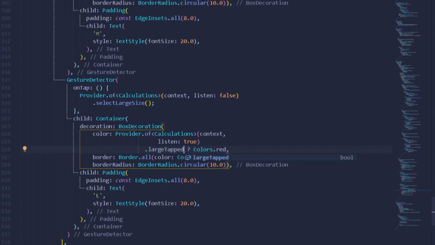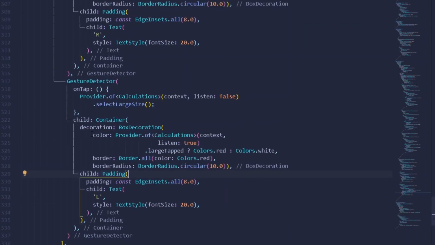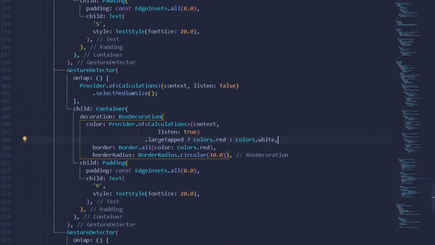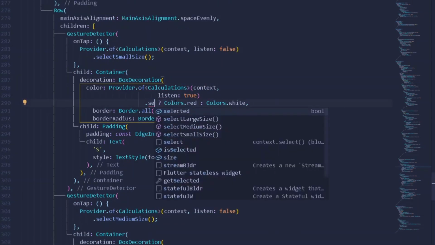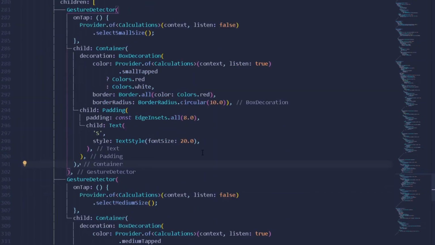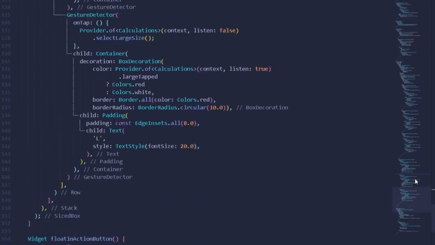Now once the following condition is true, the color shall be red, else the color shall be the default one, which is nothing but white. Alright, so it is white. So we can simply copy our entire color thing from here and paste it under our decoration, but instead of this I will have a medium tab here, similarly a small tab under our small section. Once this is done, the only thing remaining is removing the data.